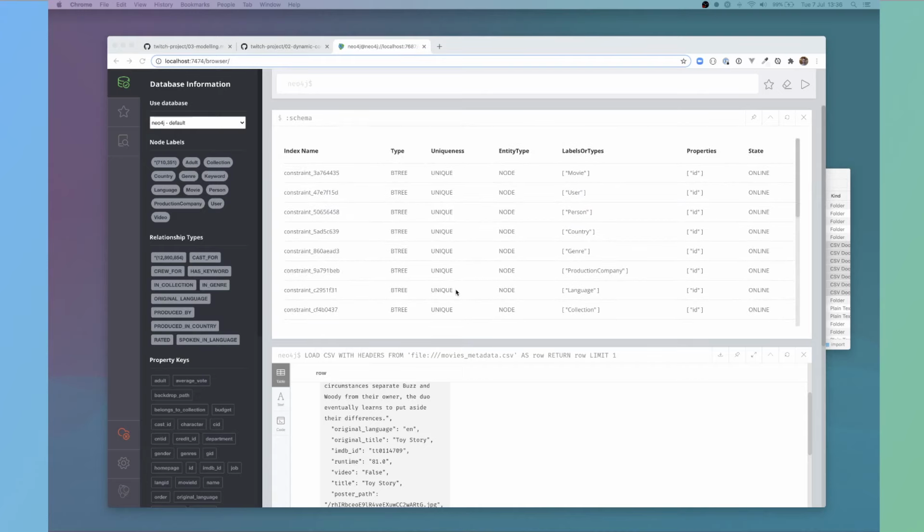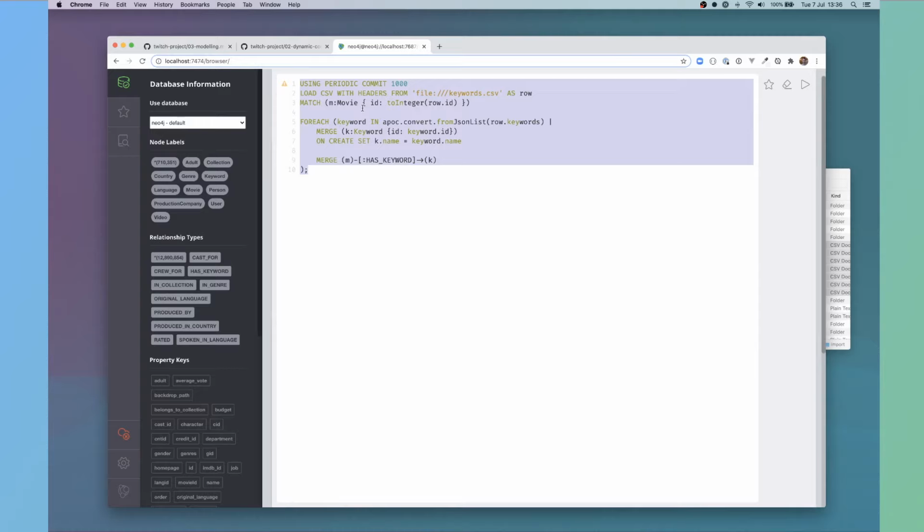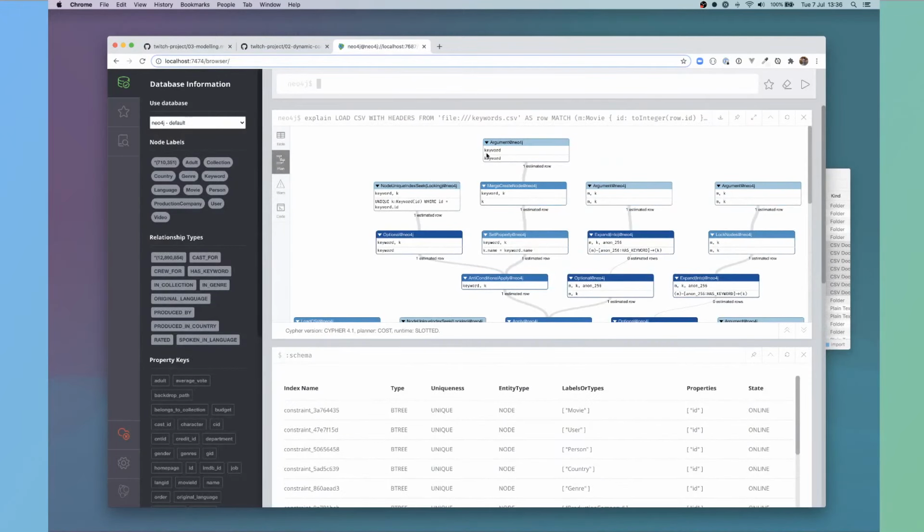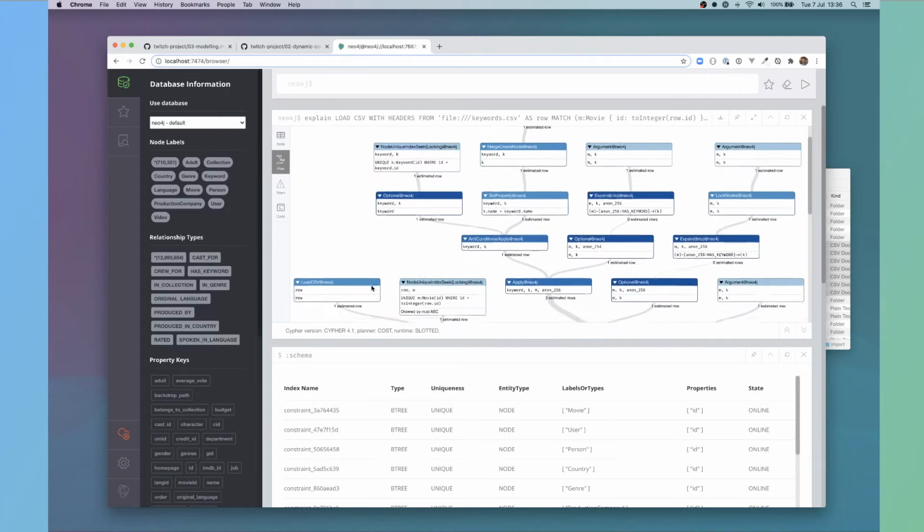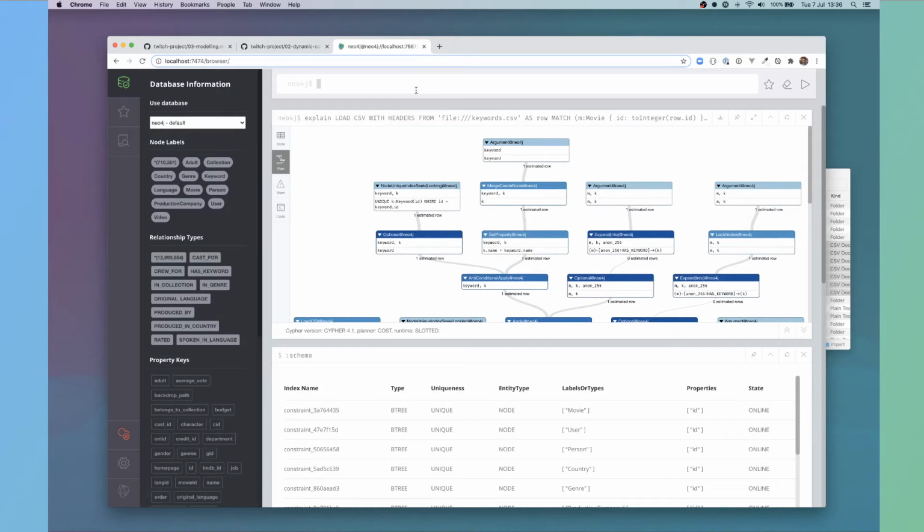The reason that we should do this is because, for example, we are merging or matching on an ID property. By creating the constraint, essentially what we do is use a unique index seek in this case to find the keyword or to find the node.